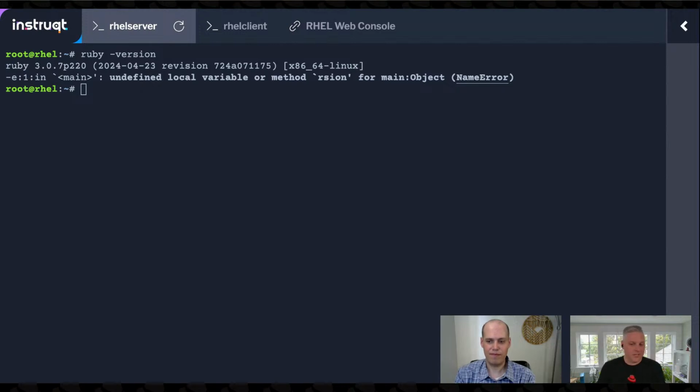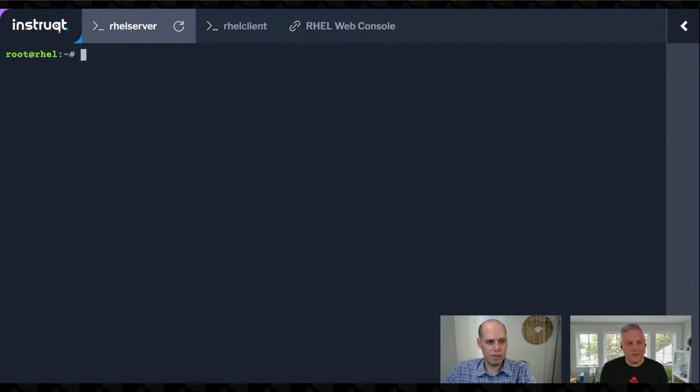But Ruby is one of those things where we want to provide updated runtimes throughout the lifespan of RHEL. And it turns out we've done this for Ruby already, twice for RHEL 9. If you wanted to see what additional versions of Ruby were available, they are distributed as modules for RHEL 9. So if we do a DNF module list ruby,